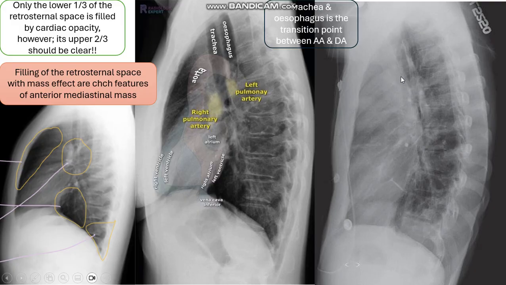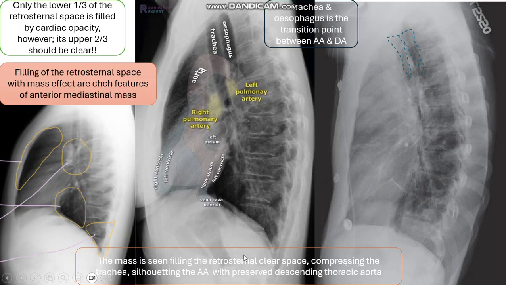Here in this case, this is the trachea and this is the esophagus. I can see the aortic arch, however, I can see the descending aorta. Can you see the descending thoracic aorta? Yes. So the mass here is seen filling the retrosternal space. A soft tissue mass is seen filling the retrosternal space,